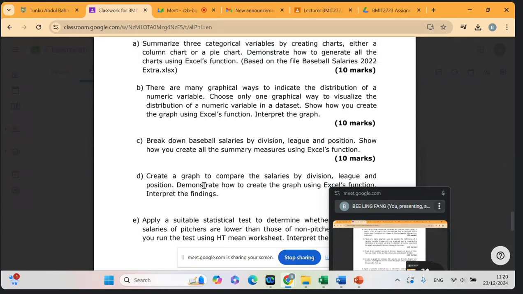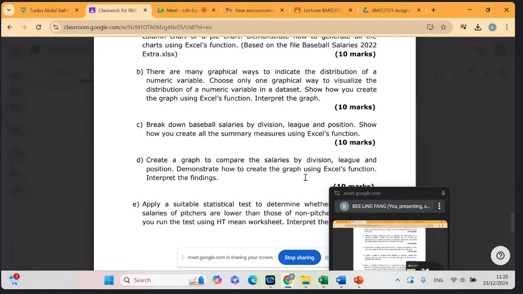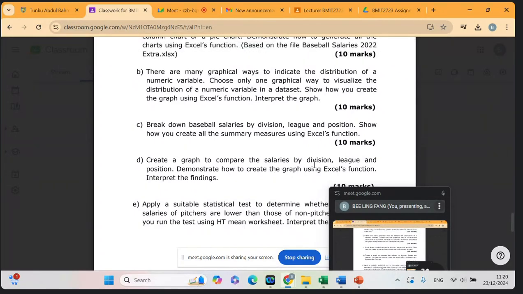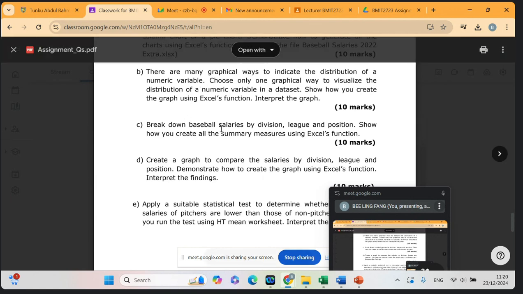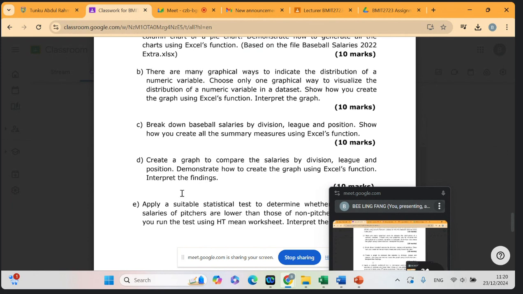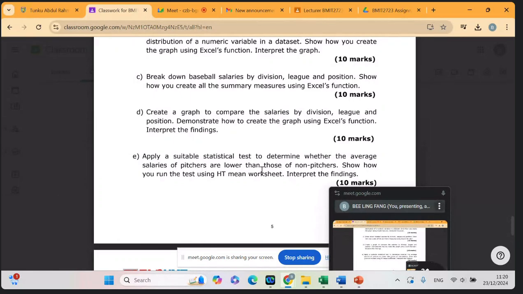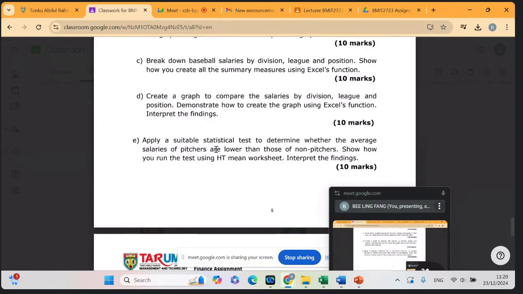Then D, create charts to compare salary by division, league, and position. Demonstrate how to create the graph. After you calculate the salary, it's also the same as practical week 4. So this question is similar to practical week 4. Just refer to that. Then apply a suitable statistical test to determine whether the average salary